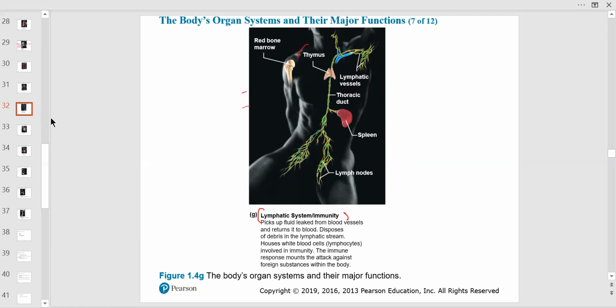And there's the thymus gland. Remember that one? That's part of the endocrine system. It's also part of the lymphatic system because of the white blood cell, T cells, which are lymphocytes. So you have vessels, you have ducts, and you have lymph glands too, which are in areas, and lymph nodes.